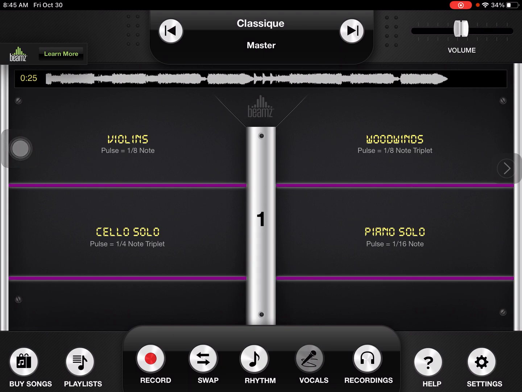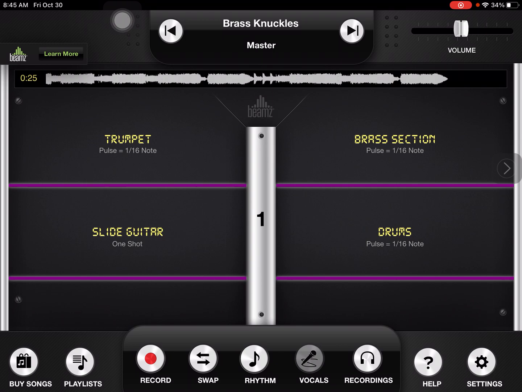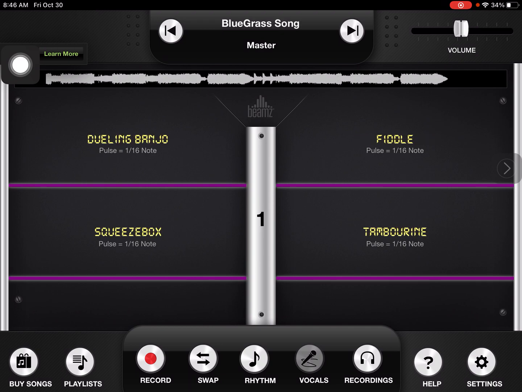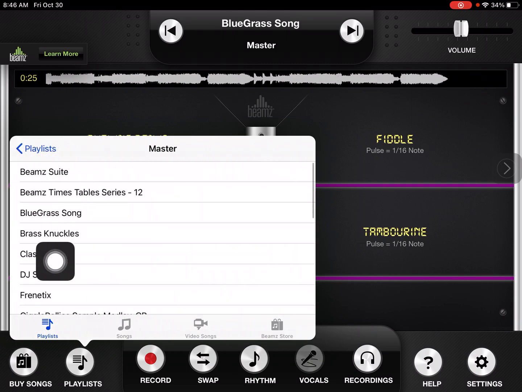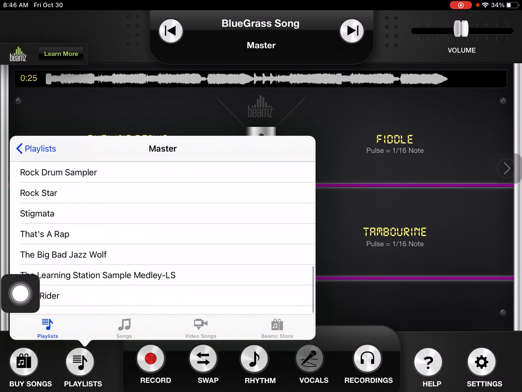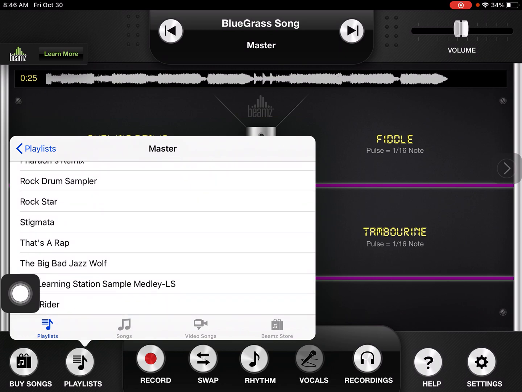After you've got the settings the way you want them for a student, again, I didn't show this, but you can change the different arrangements. Like we have a classical arrangement going, but if you tap on these, it will cycle through different playlists. Or if you want to go quickly to another playlist, you can tap on playlist here at the bottom, go to master, and then select from these available playlists. So if you want to do a